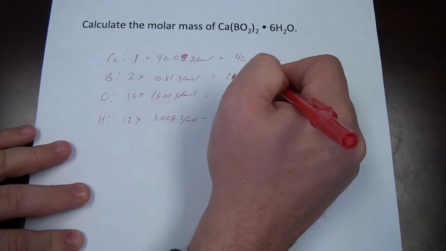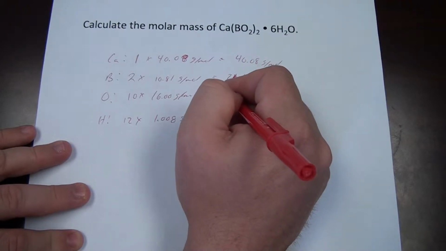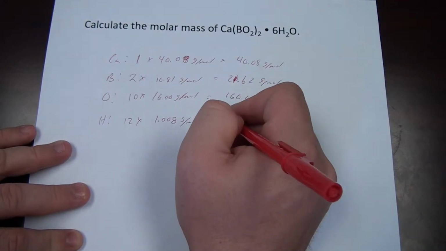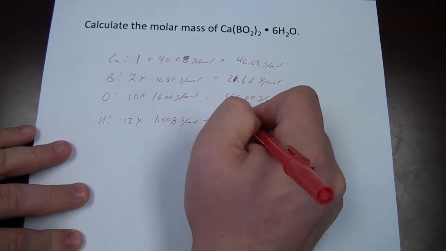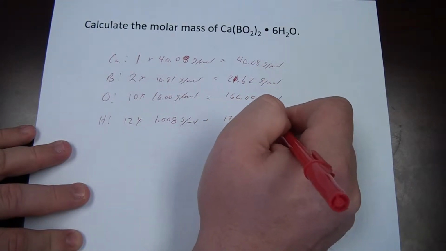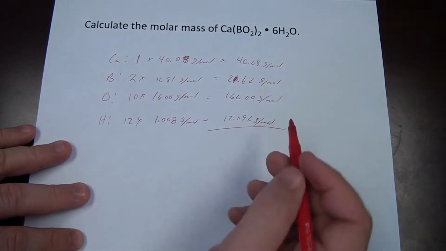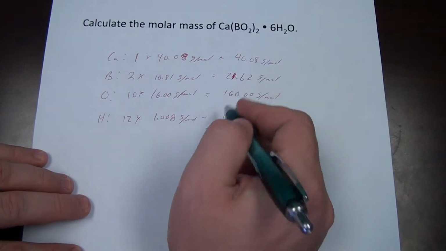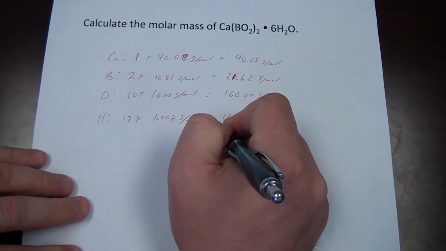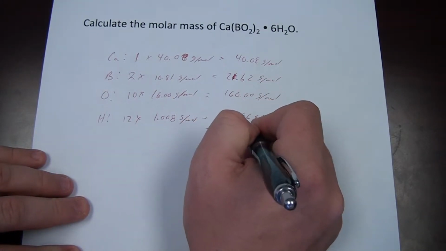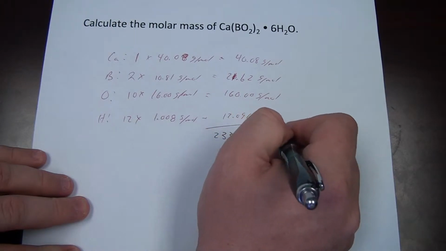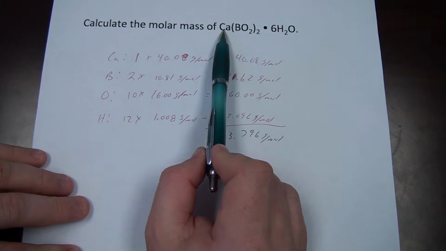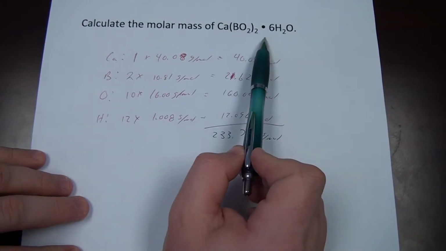21.62 from the boron, 160 from the oxygen, and 12.096 from the hydrogen. Again, add all of those up. Now for this hydrate, our molar mass is going to be 233.796 grams per mole. Remember from the lab and from last semester or earlier that we can then get rid